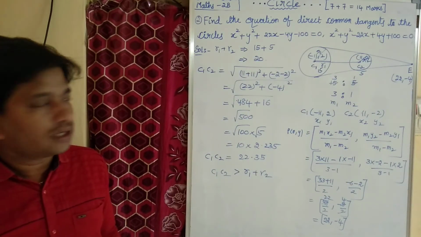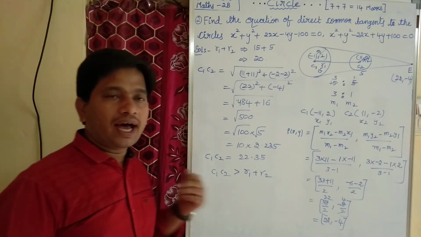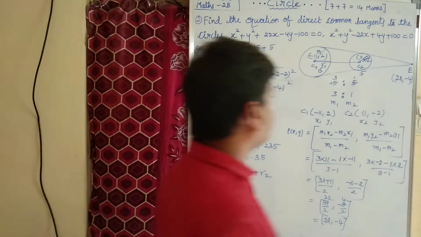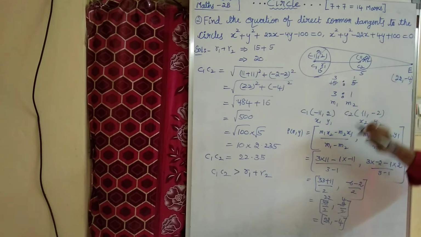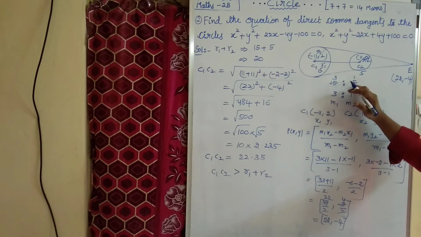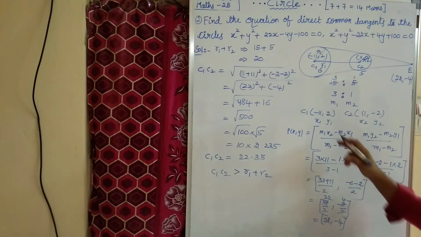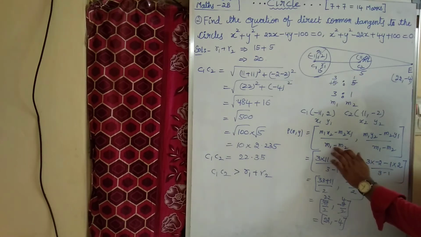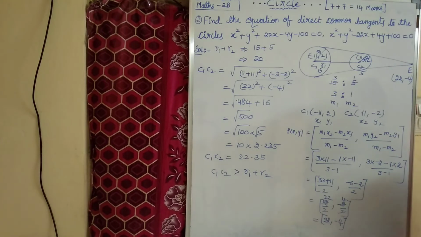Children, did you understand what we did here? It is a similar problem: C1C2, R1, R2. But here we got C1C2 greater than R1 plus R2. Then the external point E divides in the ratio of 15:5, I mean 5 1s are 5, 5 3s are 15. After simplifying we got 3:1. So here we have to use external division. They are dividing externally, then in the formula you will get minus. In the previous problem you got plus. So we got the external point.